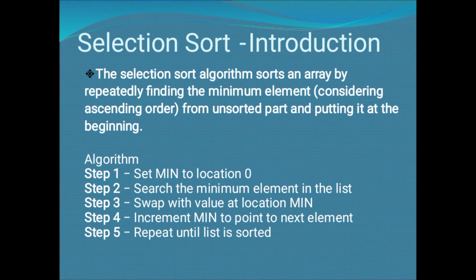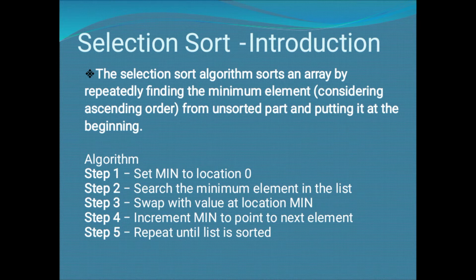That is, first go to the array, select the least element or the smallest element from the array and put it at the front. Then in the next step, search for the next element and swap it with the second element, and in the third step again go to the unsorted array, search for the next element, take that element and bring it into the next position, that is the third position. Like that you will continue the whole procedure till the end of the list is sorted.